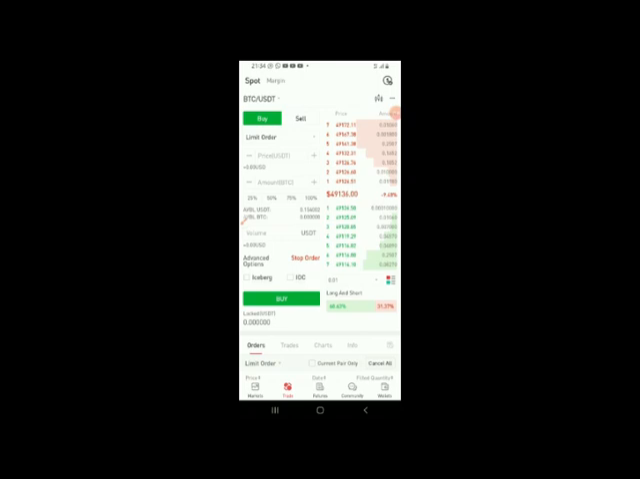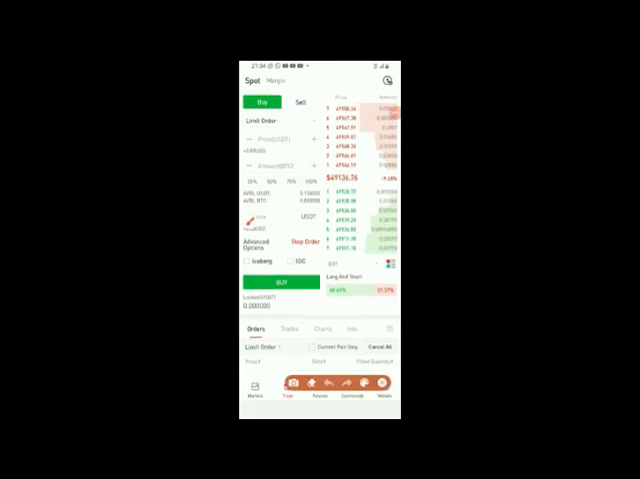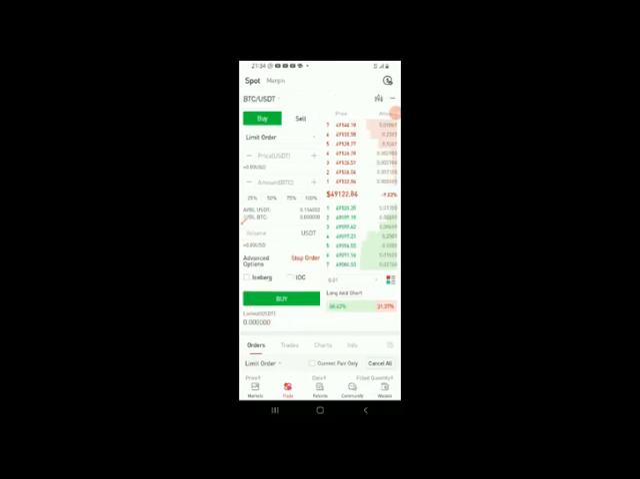So once that is done, you simply click buy. Remember, we are on buy. This example is for buy. You click on buy. When you click on buy, something will pop up asking you to input your